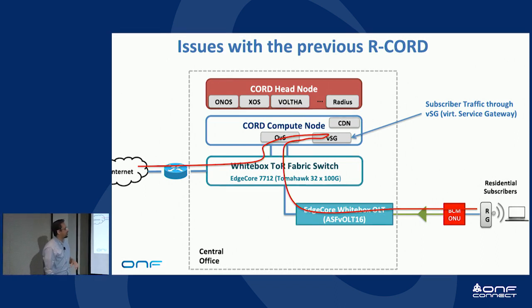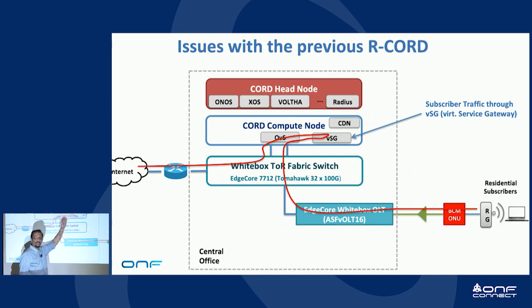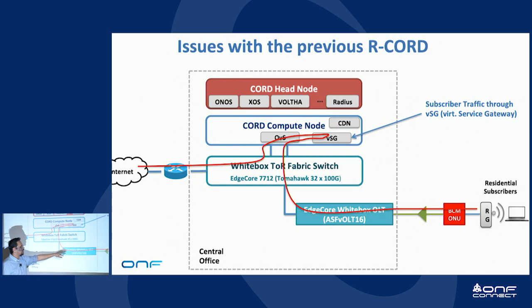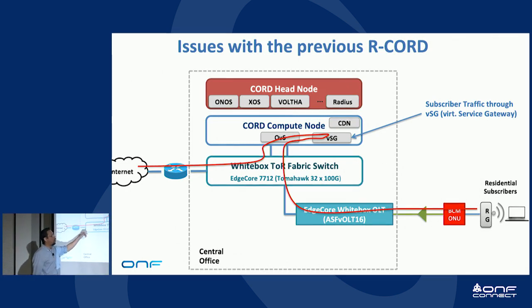But what we have done in SEBA is that we no longer have data plane traffic going to the x86, going to the compute nodes. Now the data plane traffic for a particular subscriber just goes through the hardware out into the internet, and only if we want to provide certain third-party services for certain subscribers, or a subset of the traffic for certain subscribers, that's when we leave the hardware to go into the compute nodes and possibly to containers for that particular service. So the common case, right?